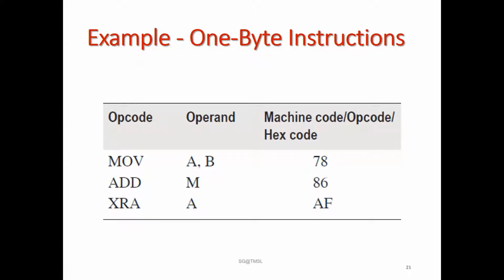The hex code chart will be provided to you every time you are about to perform any experiment using the trainer kit. You must be familiar with the technique of converting assembly language instructions to machine code, and how that will be entered into the trainer kit will be explained later. But right now, for theoretical knowledge, you have to know the concept behind this. If you have any textbook, you can follow that page. On the last portion of your textbook, the hex code chart is available. Do you have any textbook right now?